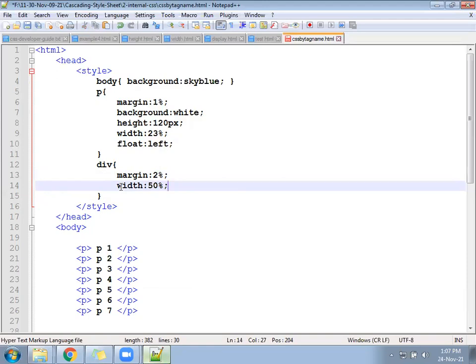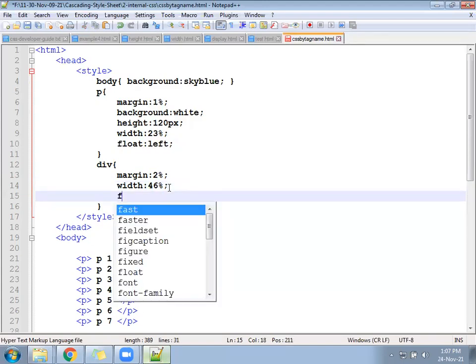So what we have to do is not give the exact width. Total area divided by the number of blocks, minus the margin, will be the actual width. We wanted to create 2 blocks in one line, so the total width will be 50%, 50% minus the margin. The margin is 2% and 2%, 4%. So the remaining will be 46%, 46%.